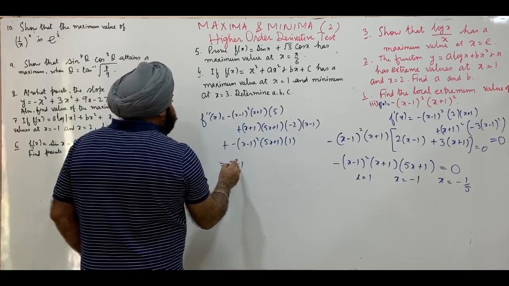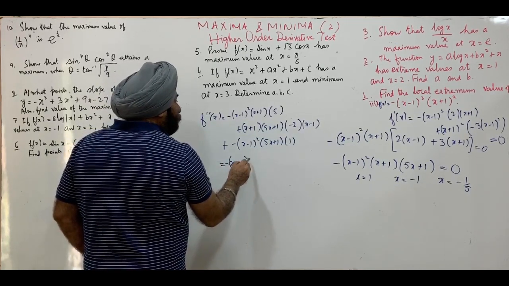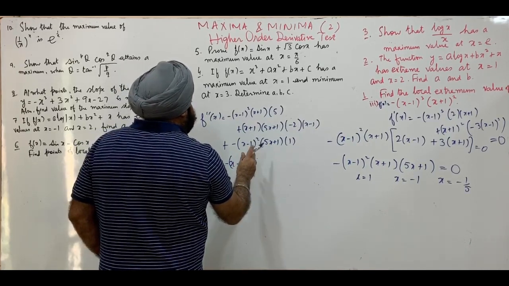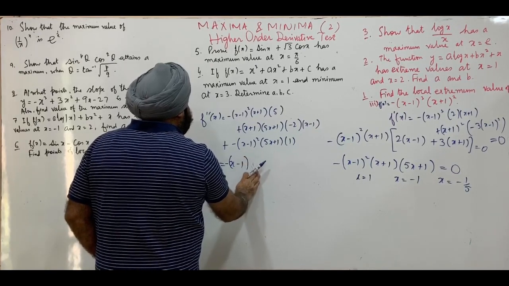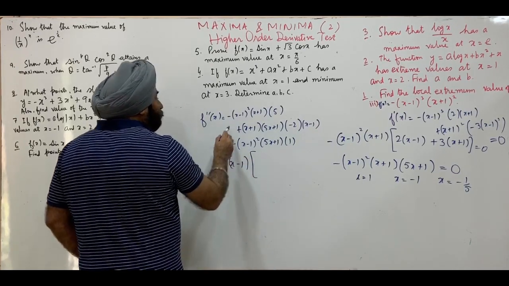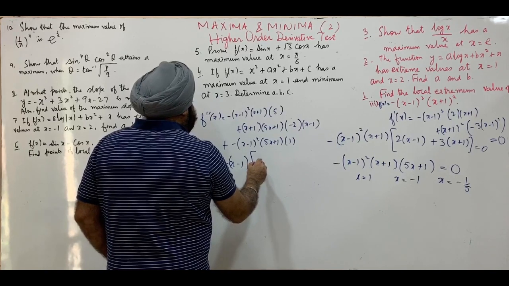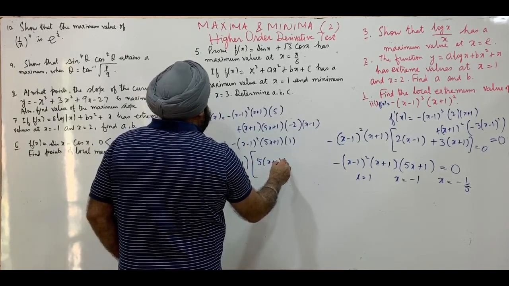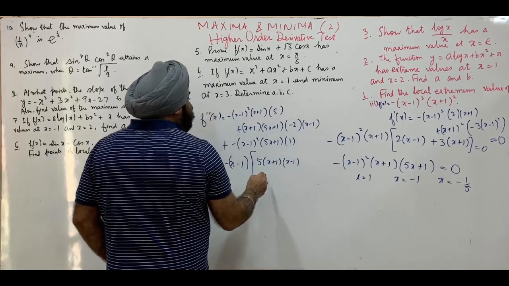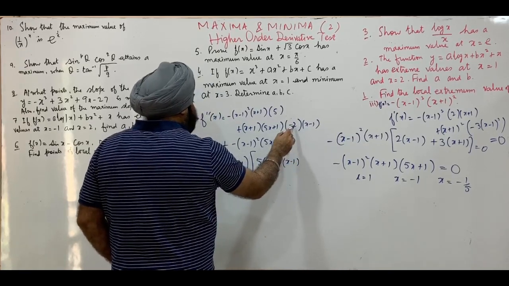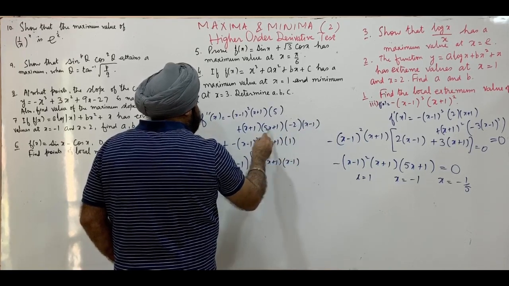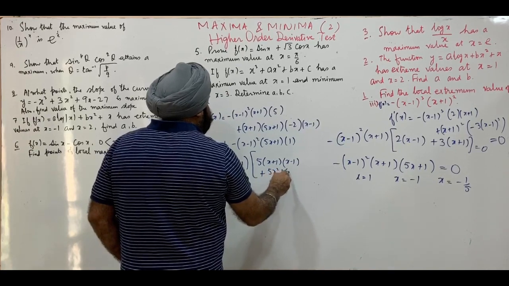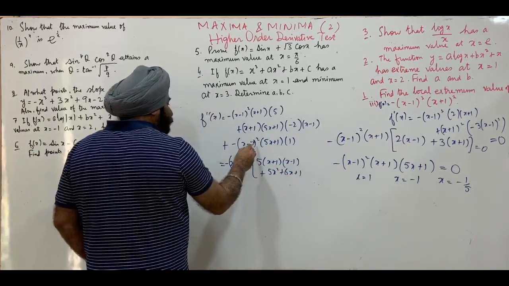Take minus of (x minus 1) common. Inside we will have this will be 5 into (x plus 1) and into (x minus 1), and here we have taken minus of (x minus 1) common, we will be left with this, plus this is 5x square plus 6x plus 1, and here it's